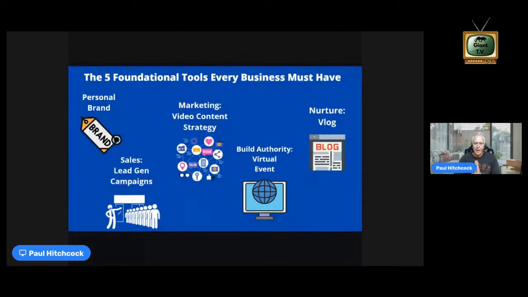And what I'll say is, you heard me mention the 5 foundational tools. These are the tools. So what I've been talking about, sales lead generation campaigns, connection requests, getting on a Zoom, that's this piece right here. And there's a whole process there. And that's the selling, right? Because you're reaching out, asking somebody to do something. This is the sell, the short game. But you got to have the long game of marketing. You can't not market your business, and marketing supports the selling, and they go together. You can't have one without the other.